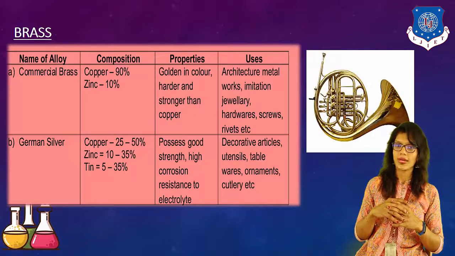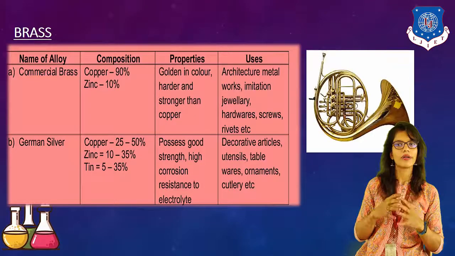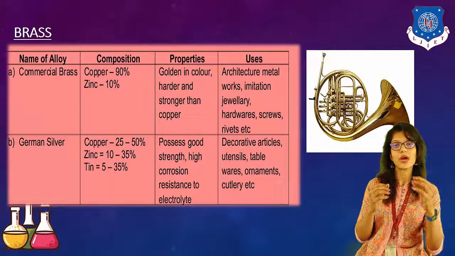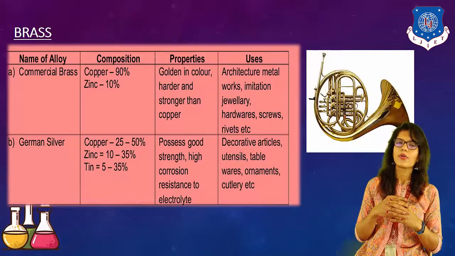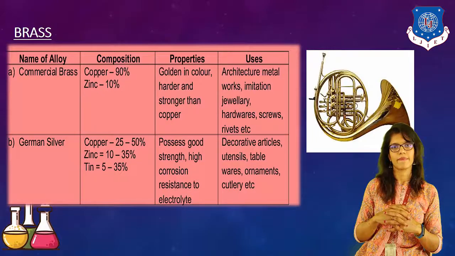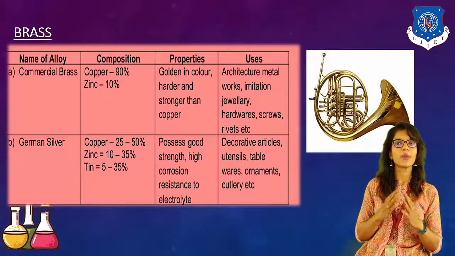Although they are harder, they are not very hard in their nature. This we have to understand properly. Certain musical instruments are typically made up of brass. Certain kitchenwares are nowadays made up of brass. When you take a look at certain kinds of microscopes, some parts contain brass, because brass is an alloy which gives us various applications in various fields. We can use it in numerous ways.